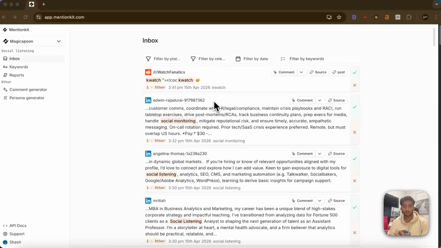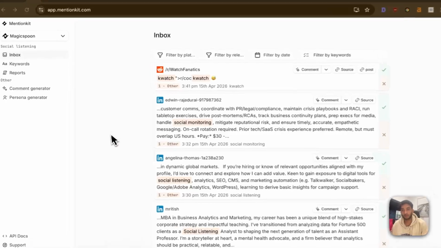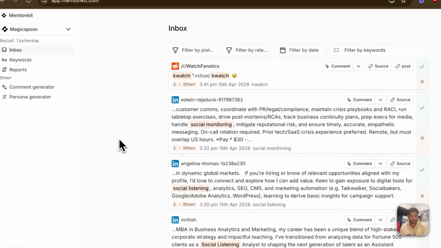Hi folks, today I'm going to show you how to set up Mentionkit for your own project and how to make Mentionkit a core part of your marketing strategy. So let's get started. The first thing you want to do is, when you set up a project with Mentionkit,